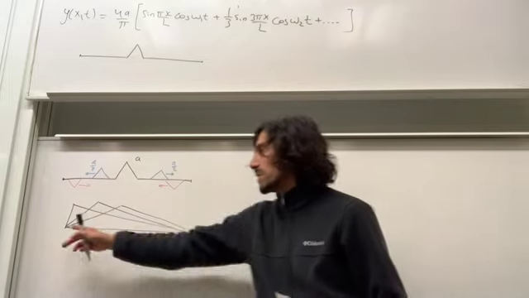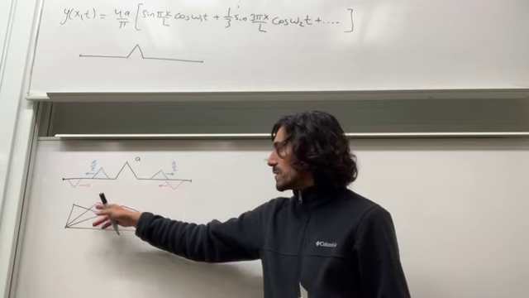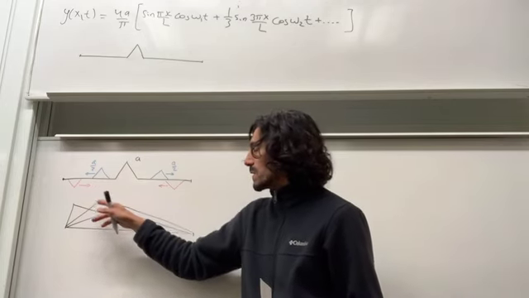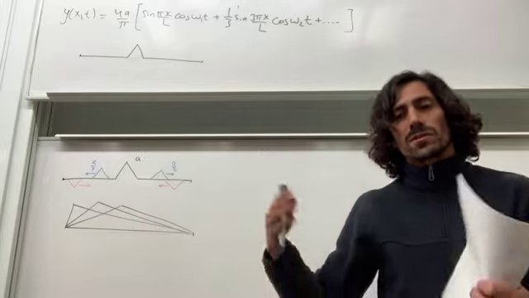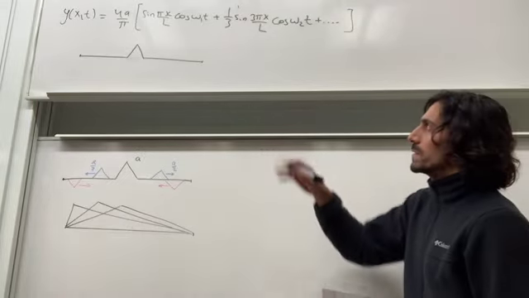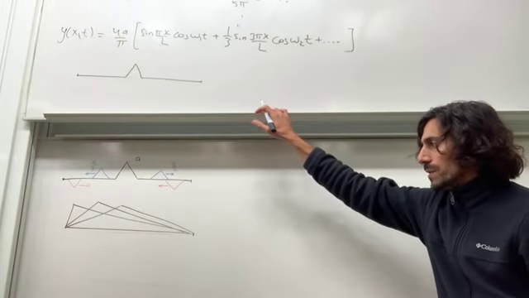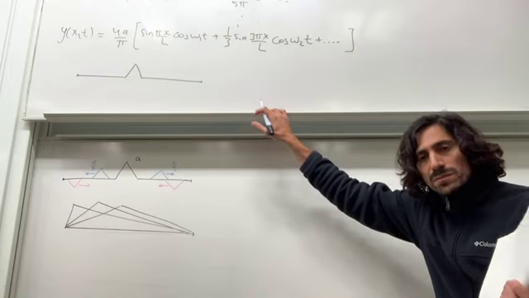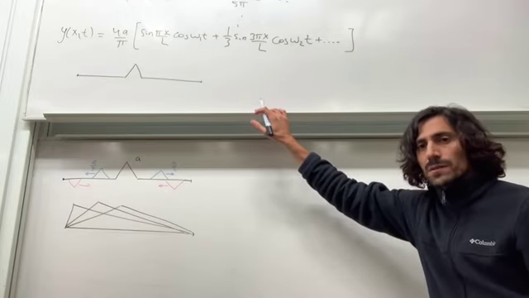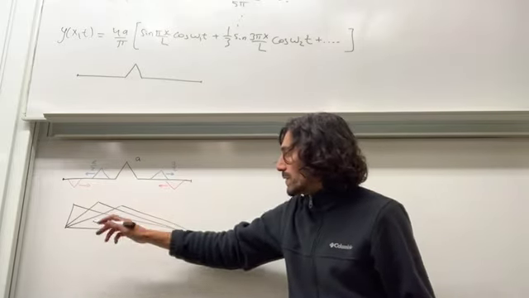Even though it's the same string, it's the same length, it's enough that you start with a different shape at t equals 0. You're constructing a different superposition of the modes. So the constants Am and Bm are different, and therefore,